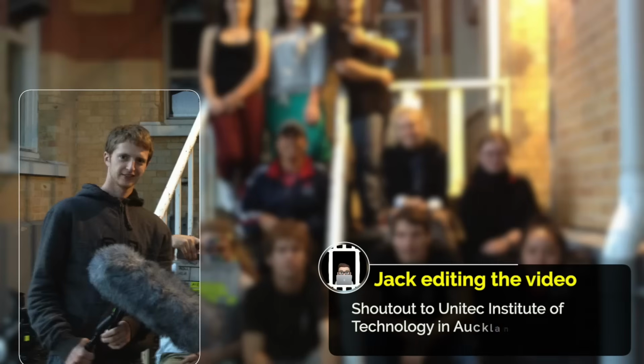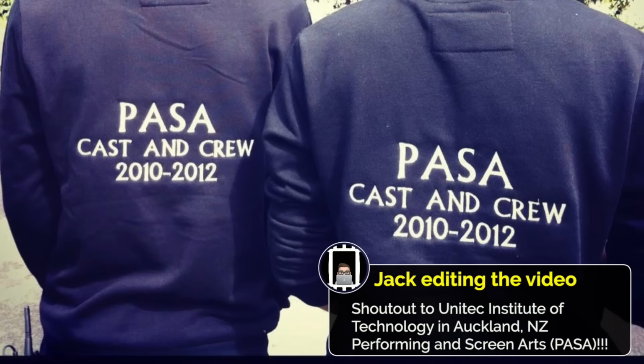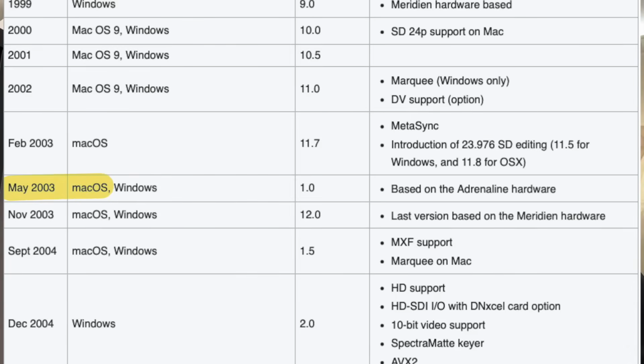Right, so first things first, we need to understand Avid's versioning system. When I first started using Avid Media Composer, it was 2010. I was in my first year of a 3-year film degree, and we were running Avid version 3.5, which released in about 2009. Now, you might be surprised, thinking it would be a higher version number than that, since Avid has been running since the late 80s, but in 2003, I believe it was, Avid reset back to version 1